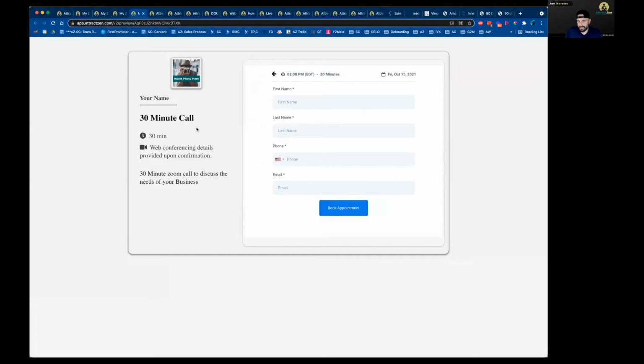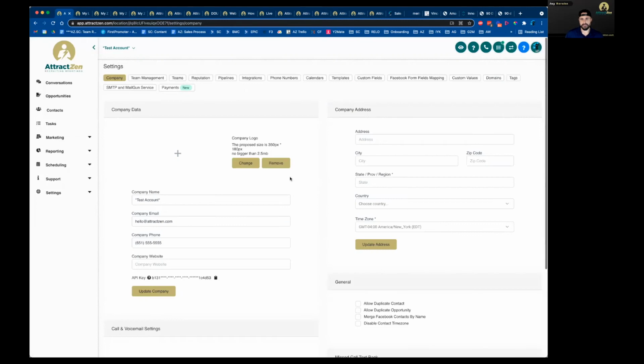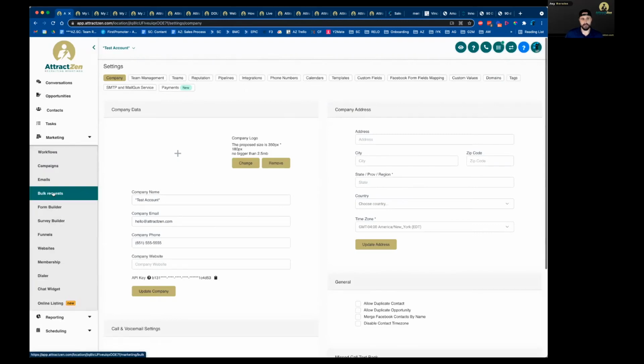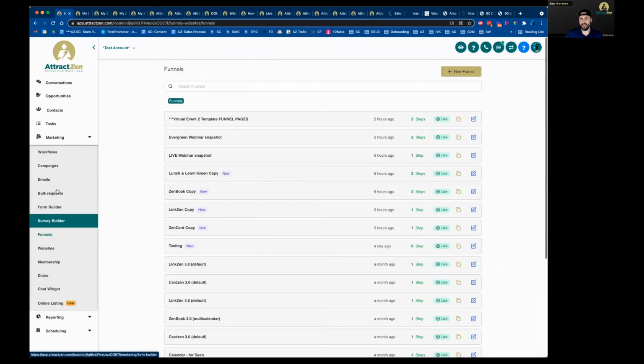There's a workflow attached to this. So it's, somebody fills in the information and books the call. They will receive an email, a text. It'll be added to their calendar. You'll get a notification added to your calendar. Same thing, and it's all integrated in Attractzen. So you'll see here that's going to be under funnels, and you can see how easily customizable this is too,